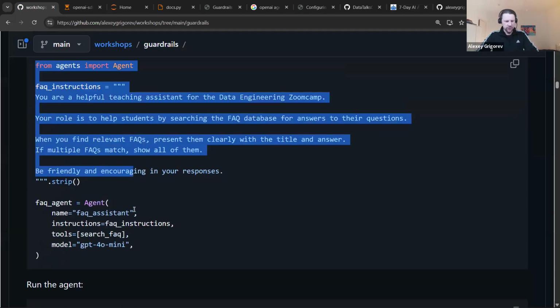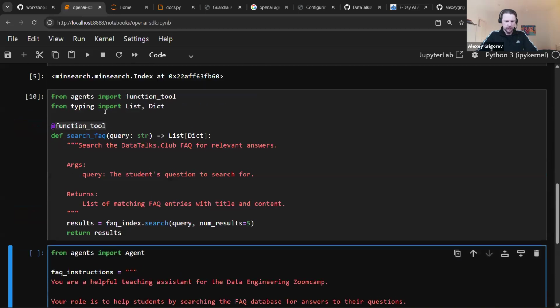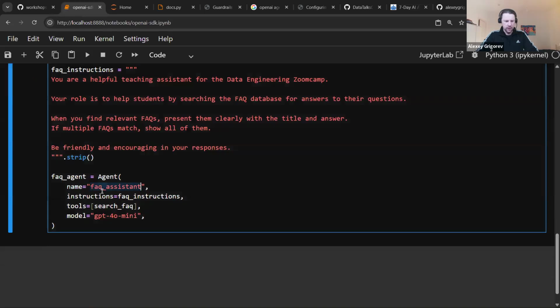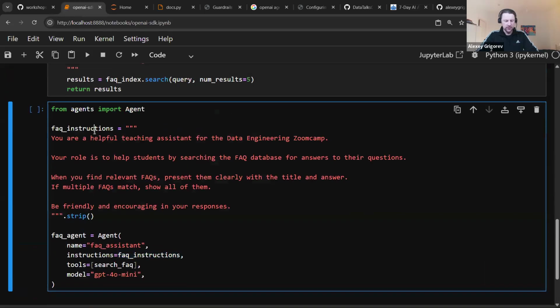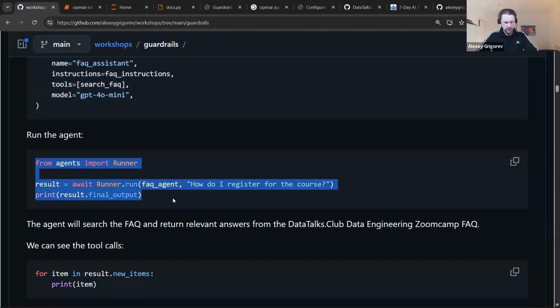And now I can create an agent. So what an agent has: tools. In our case, only one tool, search FAQ. And then it has some instructions. The instructions are: you're a helpful teaching assistant for the Data Engineering Zoomcamp. Your role is to help students by searching the FAQ database and answering their questions, right? So this is a very simple agent, and now we can use it using this piece of code